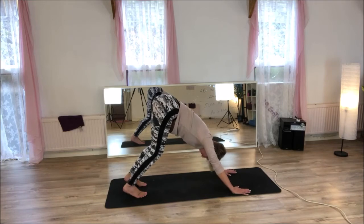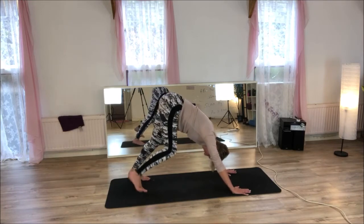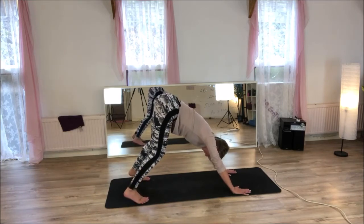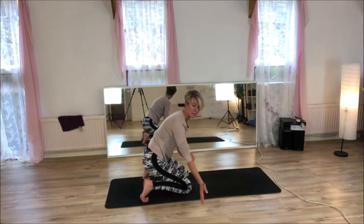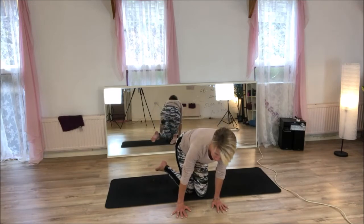So the next thing you want to focus on, and I'm just going to make my legs wider so I've got a bit of balance in my hands, is you want to think of your armpits, so your elbow pits. So when you're in your downward dog,